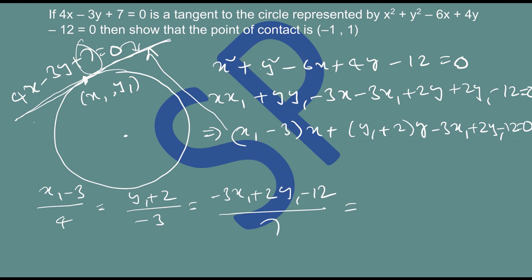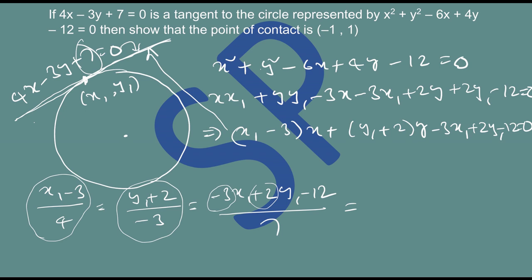Okay, we apply this in a little clever way. What I do is, here I am going to multiply numerator and denominator by a 3 because I see minus 3 here. And here I am going to multiply numerator and denominator by a minus 2 because I see 2 there. And then I am going to add all the 3 ratios, adding numerators by adding denominators, I will get